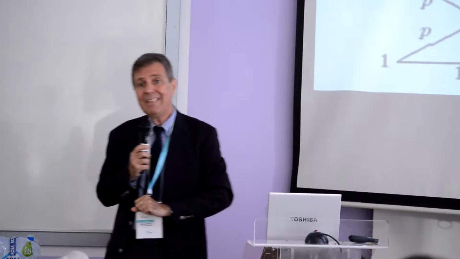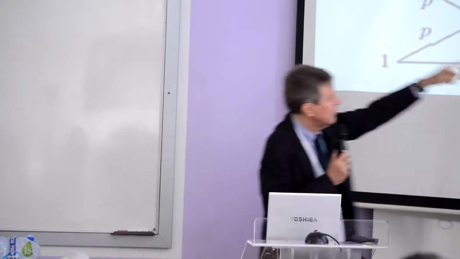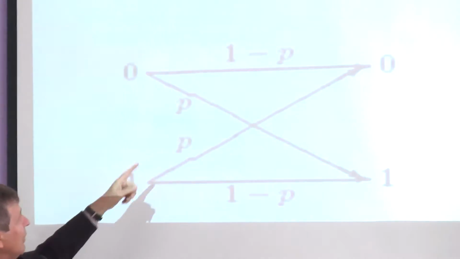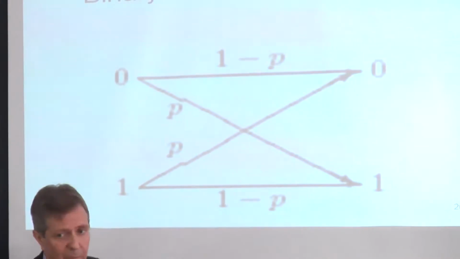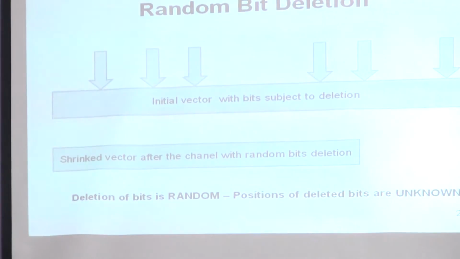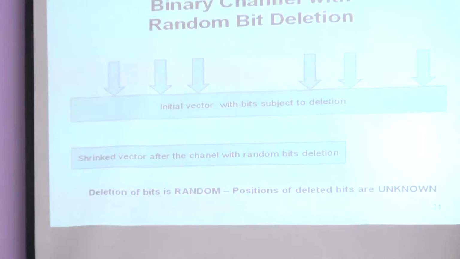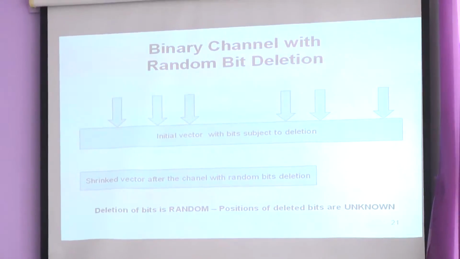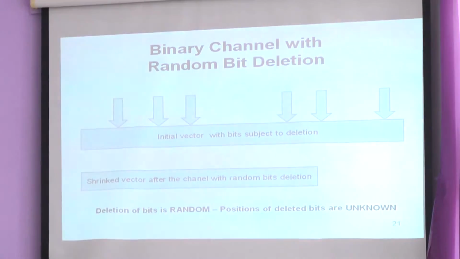The other one is the so-called binary symmetric channel. What is the difference? In a binary symmetric channel, if you send a bit, you will obtain a corrupted bit, and you know just the probability that 0 will be flipped into 1, or 1 will be flipped into 0, or it will be correctly transmitted. But the problem is if we have channels with synchronization errors.